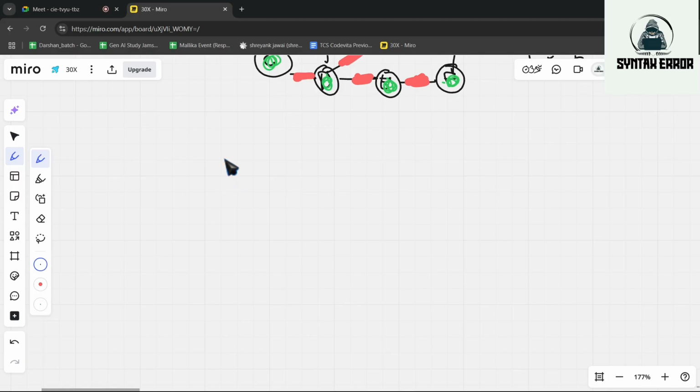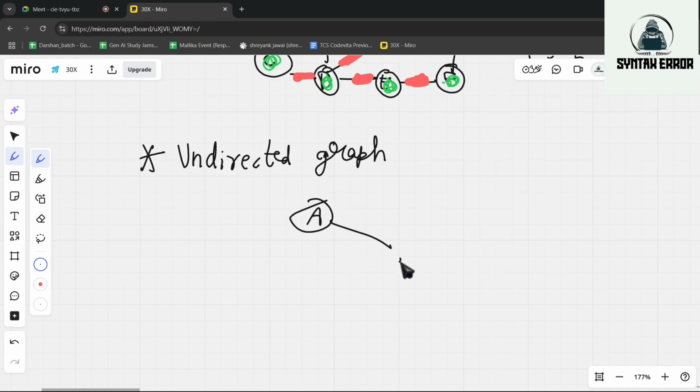Our next concept which you want to know is undirected graphs. So basically, whatever you know about graph till now, which I have covered, I have shown you guys an undirected graph. So let me just give an example of it. I will not explain it now; I will explain it when I explain the next concept.